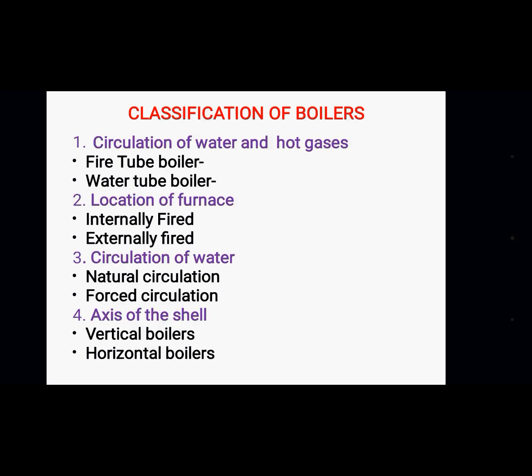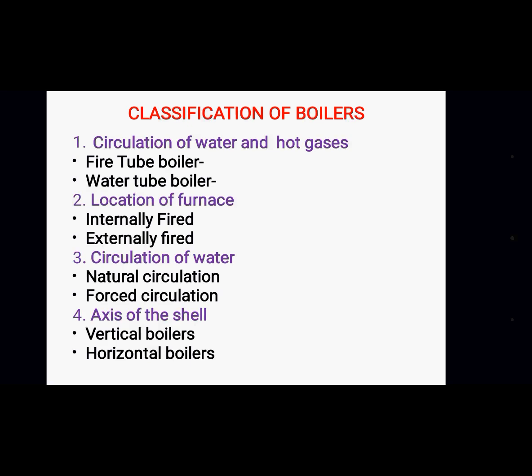Basically in the boilers, dry steam will be generated, and then a separate superheater will be connected where the dry steam will be superheated beyond the saturation temperature, and superheated steam is obtained. So based on this principle, you heat the water to the saturation temperature and you get the steam. Based on this parameter, circulation of water and hot gases: how do you get this steam? One way is to pass hot gases over the water, or the other way is to expose the water to the hot gases.